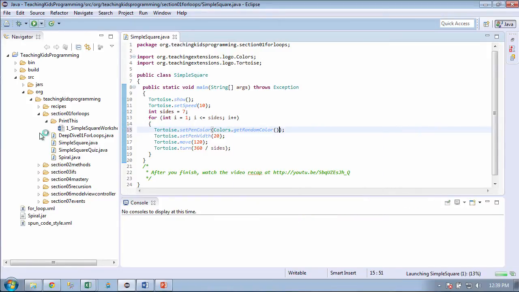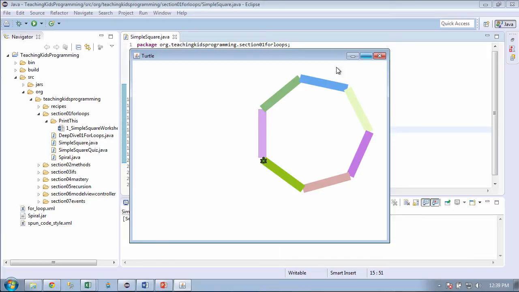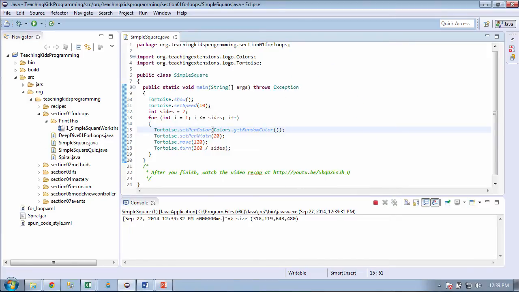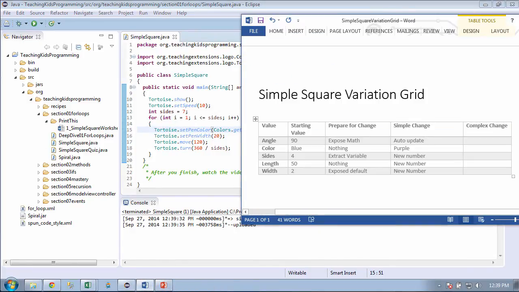I think it's going to look good. What do you think? Oh, that's awesome. Okay, I like that. Do you like it? So rainbow. Okay, so we've got the random colors. Okay, so now what do we want to do next? Let's do something really interesting with the